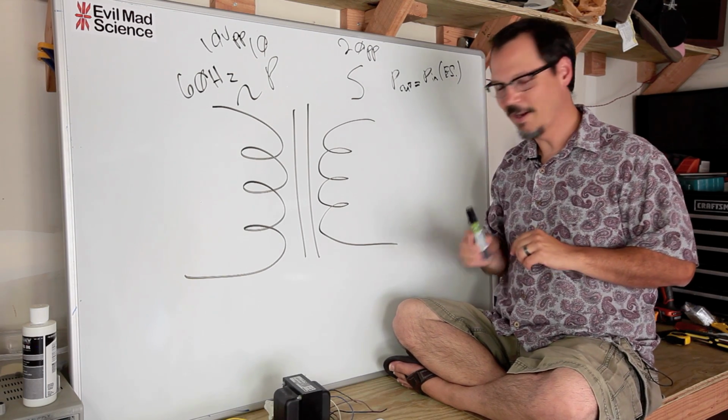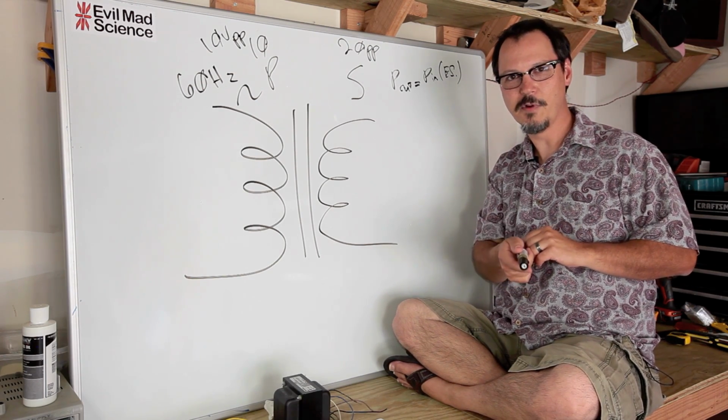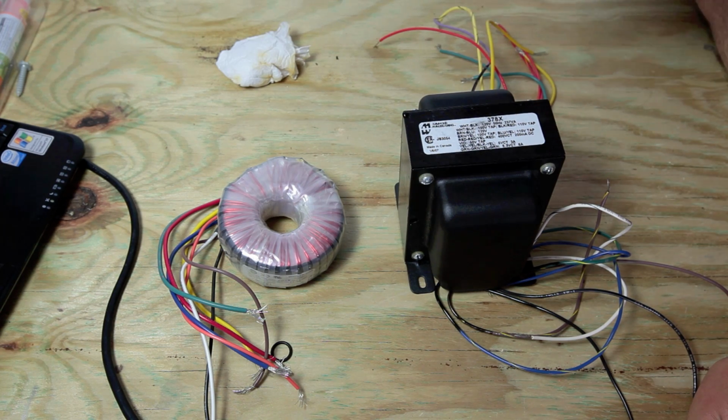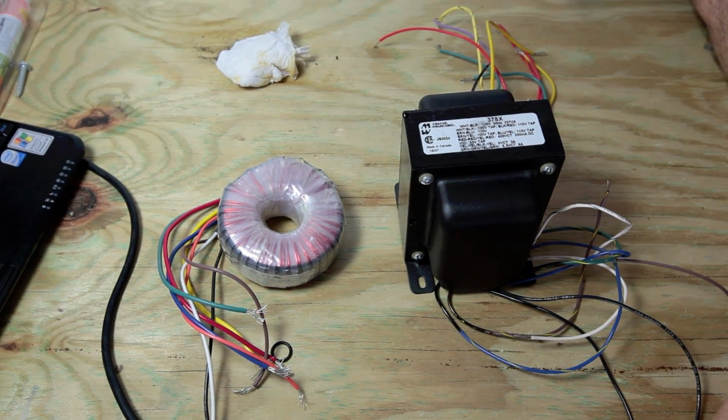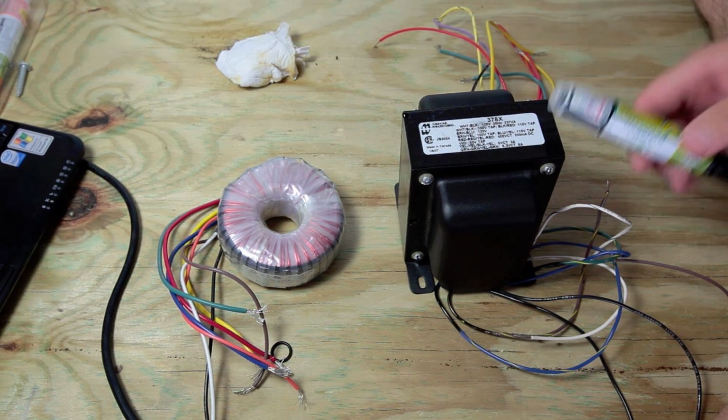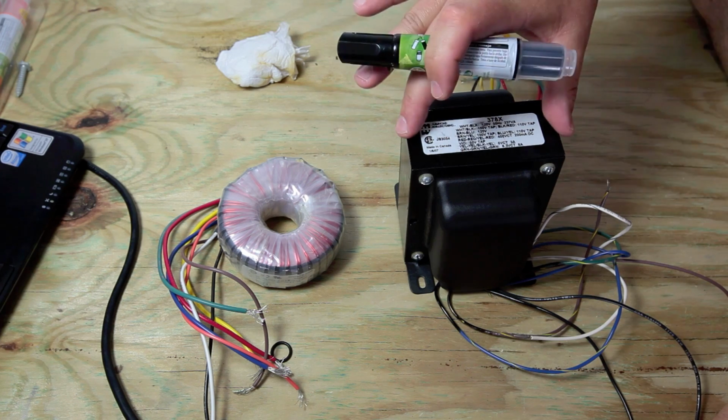Let me show you an example of a couple of transformers that I have here. Here's a couple of examples of transformers that I've got lying around. They're actually both for tube amplifier projects. This one is from Hammond, right? The things worth noting here,